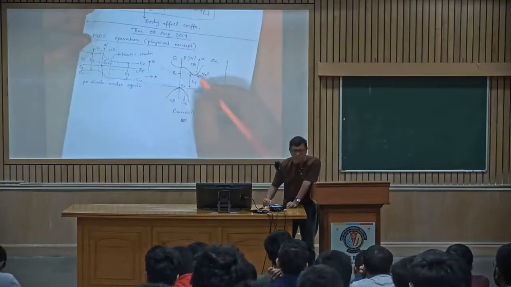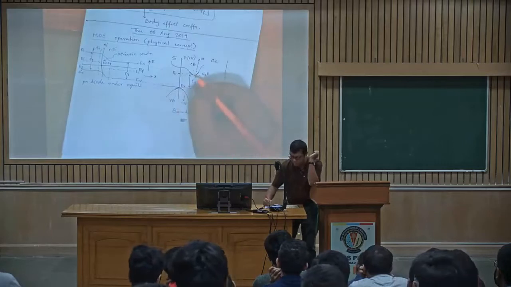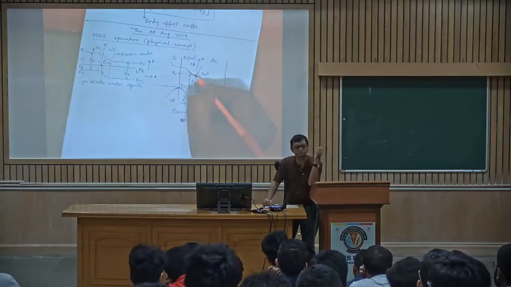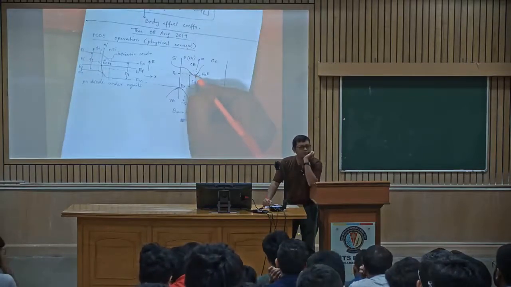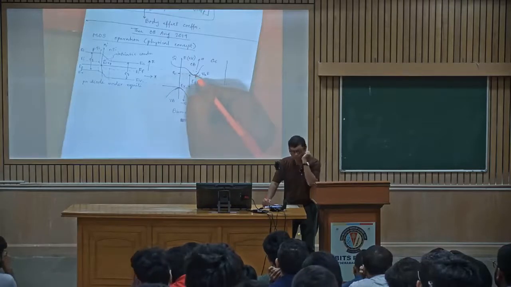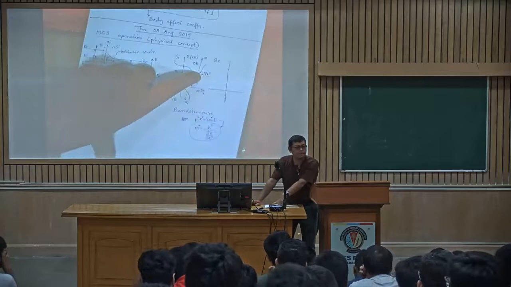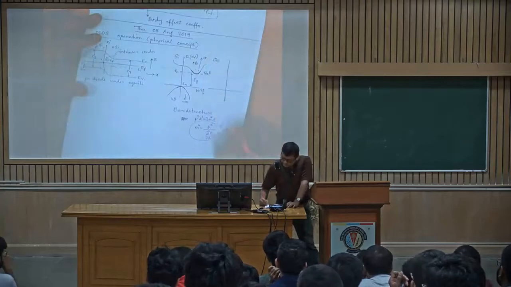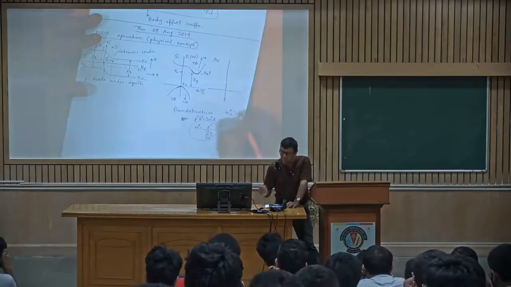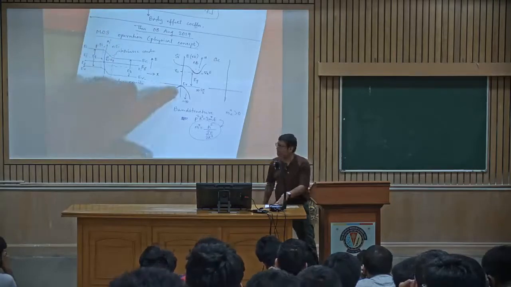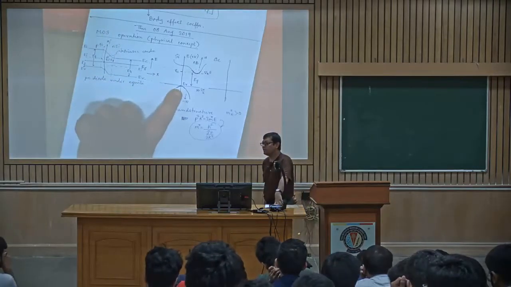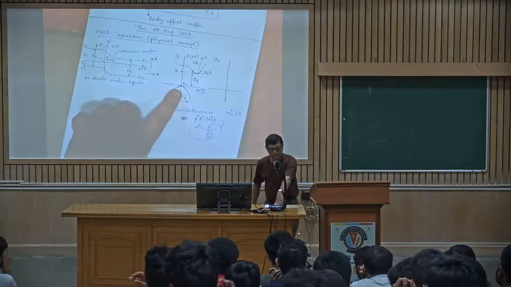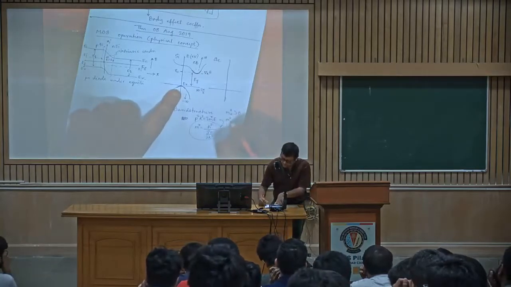So if the curvature is at the minimum of the conduction band, del 2E dk square, whichever way you write it, is going to be positive or negative? But also there is a negative in the front. So it turns out that the effective mass for the electrons is positive, so m star of electrons is greater than 0. But on the other end, this is the maximum of the valence band, so del 2E del k square is going to be negative. So m star of holes is going to be negative.